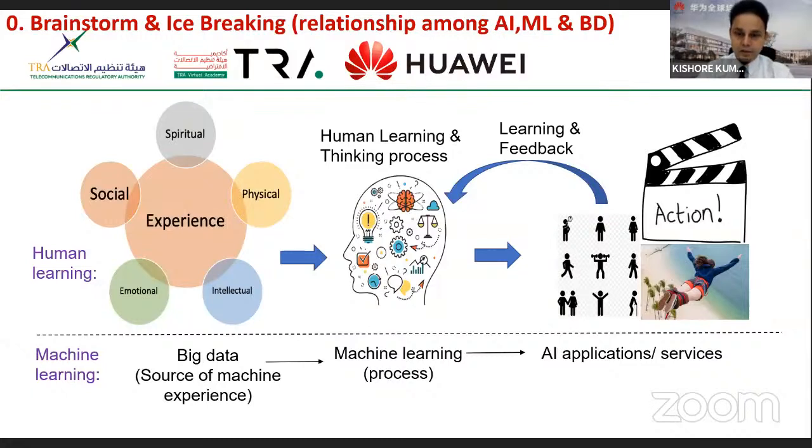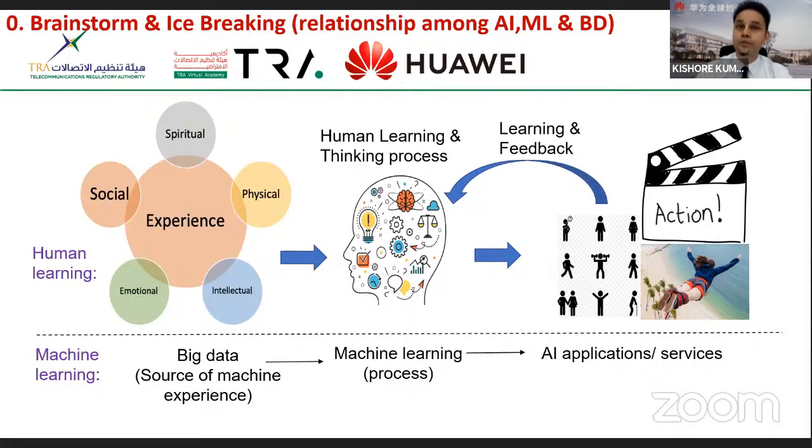Okay, so here we'll have a look at how the core of artificial intelligence actually works. Just a comparison between machine learning and human learning. We know as humans, we are born with this capability of learning, since the time we took our first breath. When you're born, we took the first inhale, and when we die, we go away with the last exhale. In between the first inhale and the last exhale, we don't stop learning. We're always learning in some sort of way.